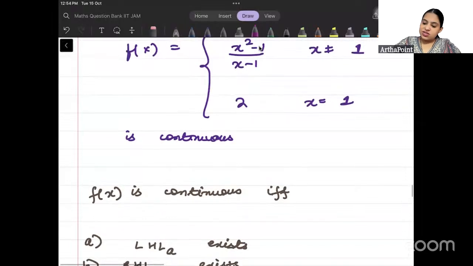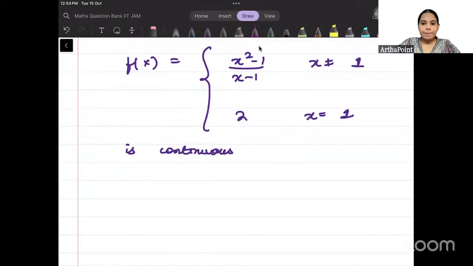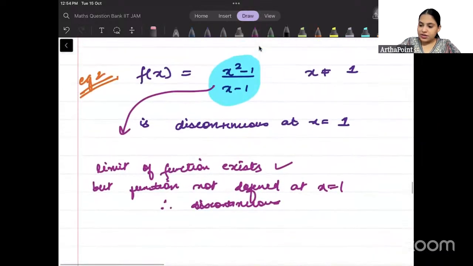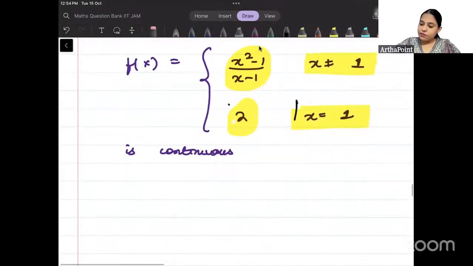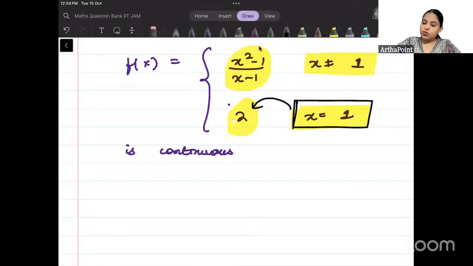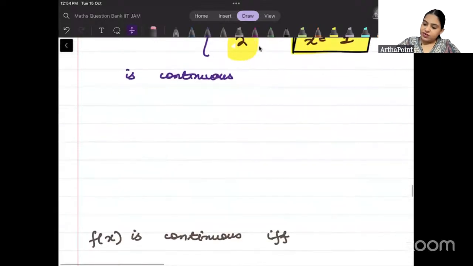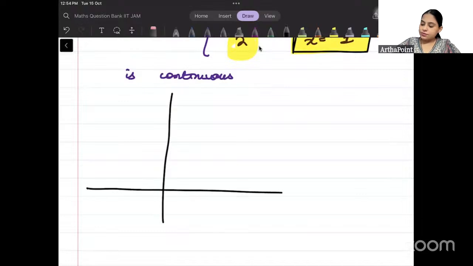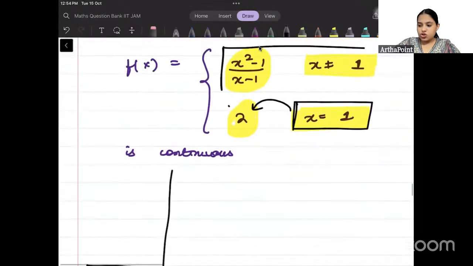Look at the next one. Now, this is interesting. What they have done is they have said that this function has two aspects to it. The first aspect is x square minus 1 upon x minus 1 when x is not equal to 1. And the second aspect is 2 when x is equal to 1. Right? So this is similar to what happened in the previous question. But now they have specifically said that when x is 1, the functional value is 2. So now, if I try plotting it, if I would have plotted only this much,